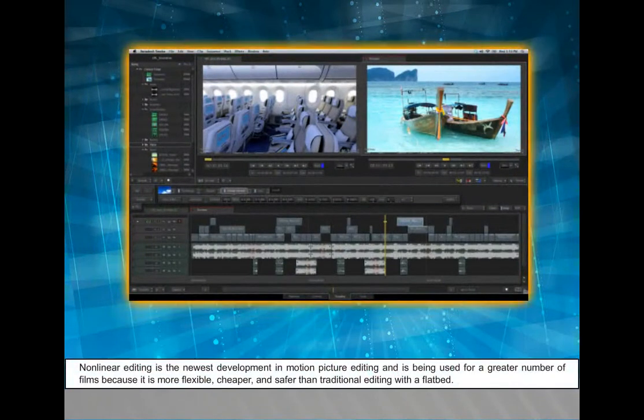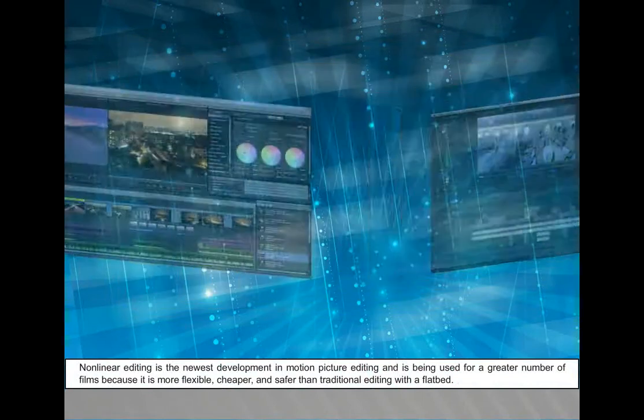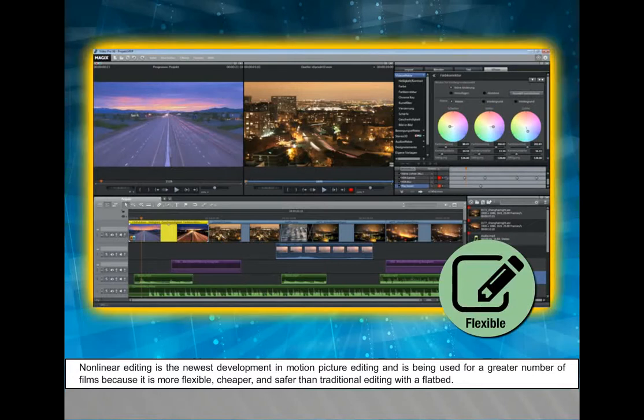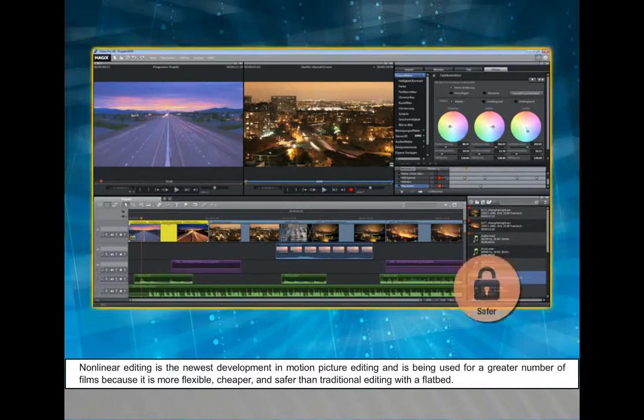Nonlinear editing is the newest development in motion picture editing and is being used for a greater number of films, but it is more flexible, cheaper, and safer than traditional editing with a flatbed.